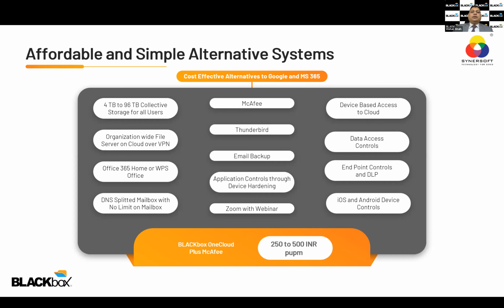Does cloud space have to be bought separately, or will it come with BLACKbox? BLACKbox One Cloud and BLACKbox are different products. BLACKbox is an on-premise solution. In case you want to have a backup of BLACKbox on cloud, you have to buy cloud space extra. But when you are buying a BLACKbox One Cloud subscription, which is not on-premise, that cloud space is inbuilt.